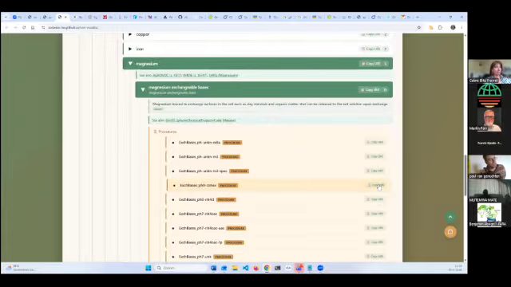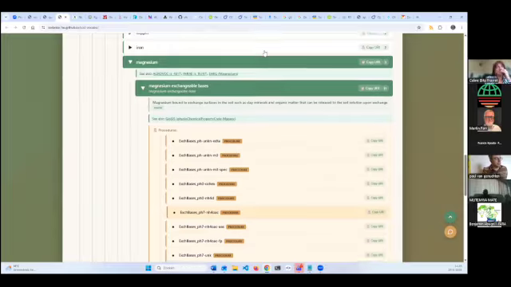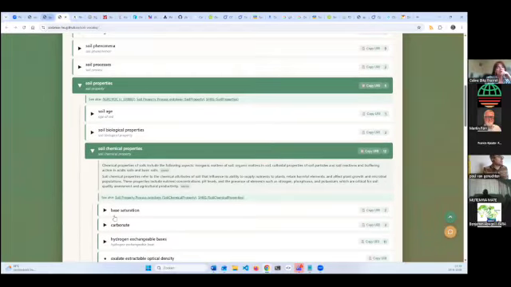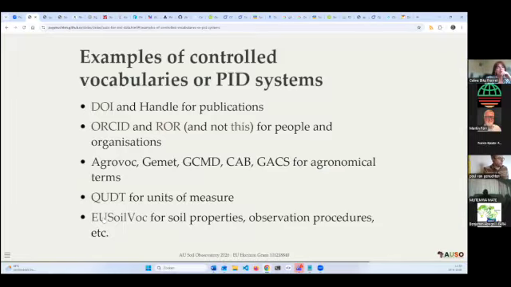In that case, you don't need to write out the whole procedure that you've used, but you can just put a URI reference for this procedure. And this is now hosted at the EU SoilVoc, which as part of this AUSO project, we can see if we maybe need an African alternative to this vocabulary.